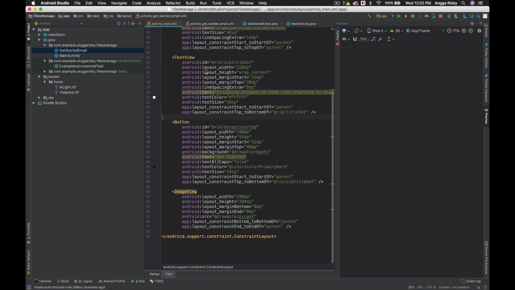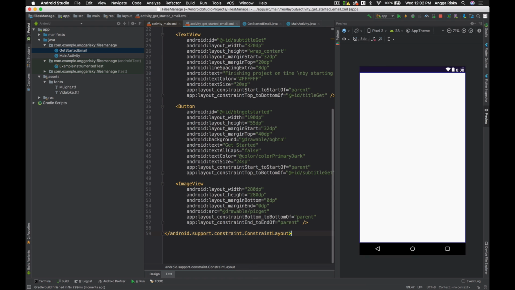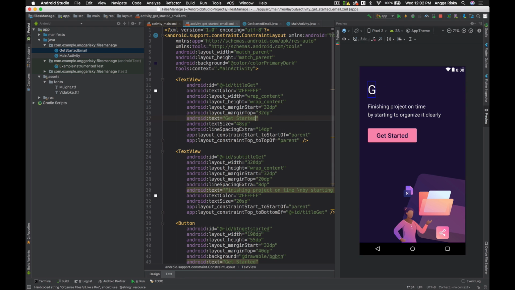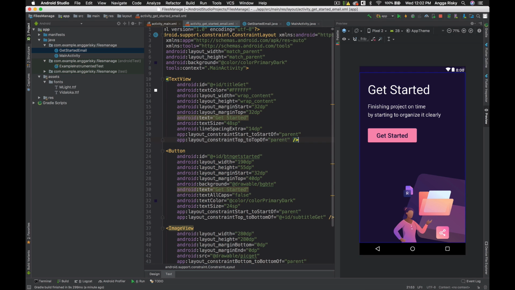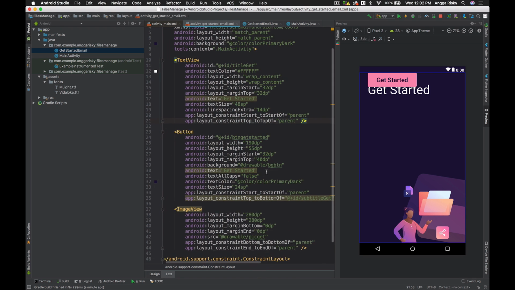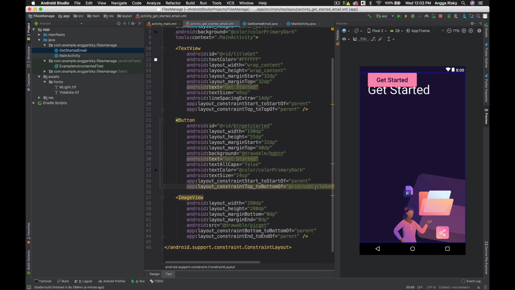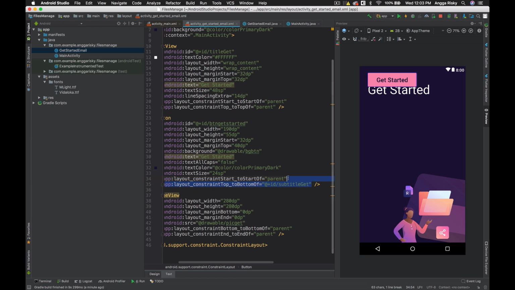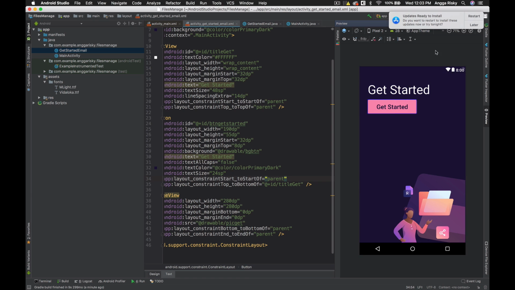So in this section I just want to copy from the previous screen, just like this. Okay, and then in the organize we have to change it to the get started, and then remove this subtitle because we don't really need it. Okay, and for the button, yeah, I think that we have to remove this one. Wait, let me remove it. Okay, and then drag it to the get started.